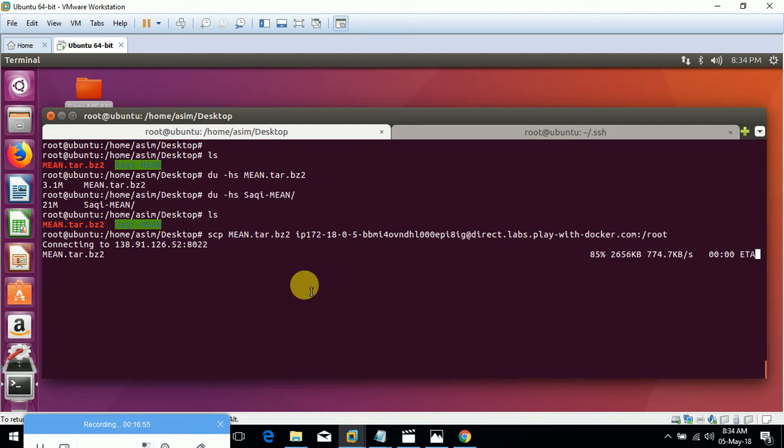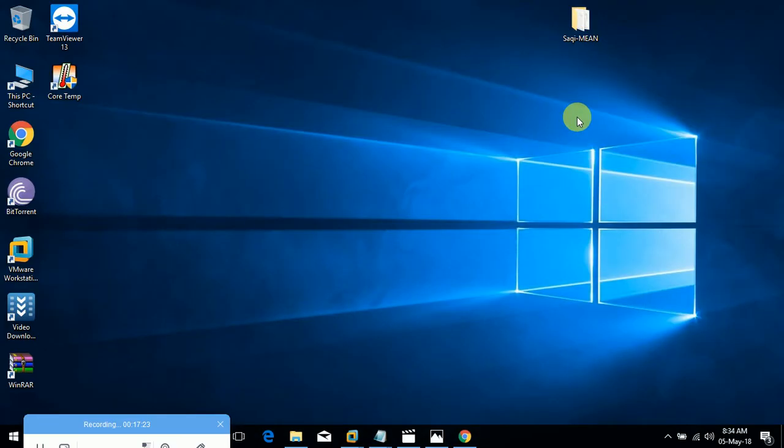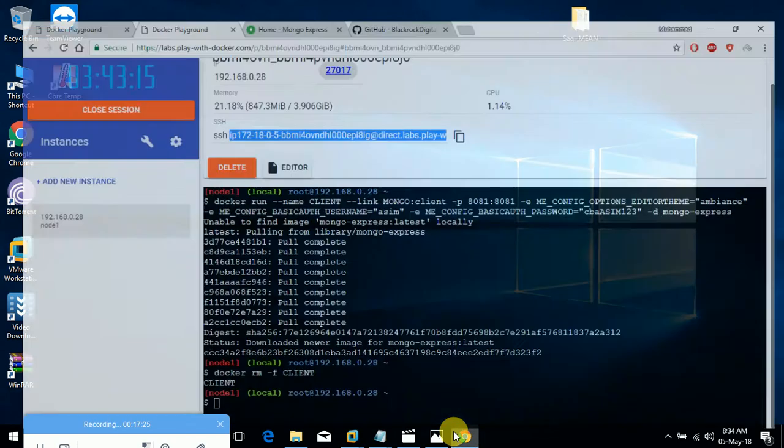So I'm going to show you how that is the way I showed you. You can place your code on the Docker lab. People who are just starting don't have any idea how they can place their code on the Docker lab. It is not very difficult. This is the way to do it. This is the way to place your code on the Docker lab, and the best solution is to use the compression,